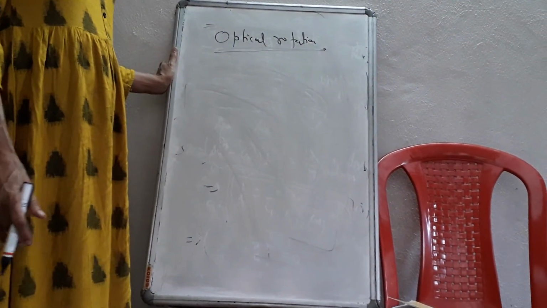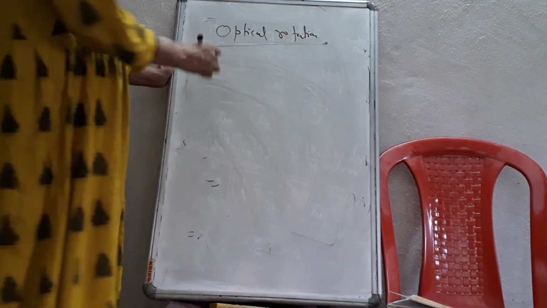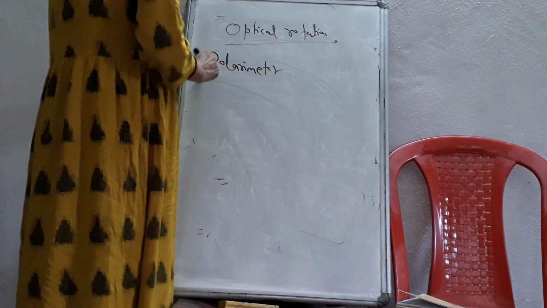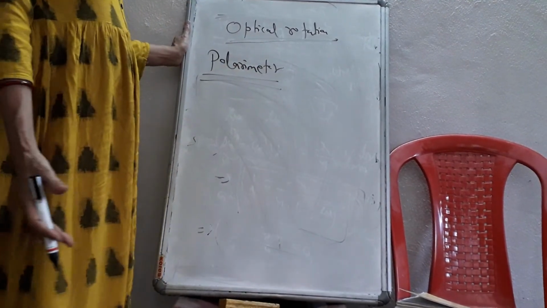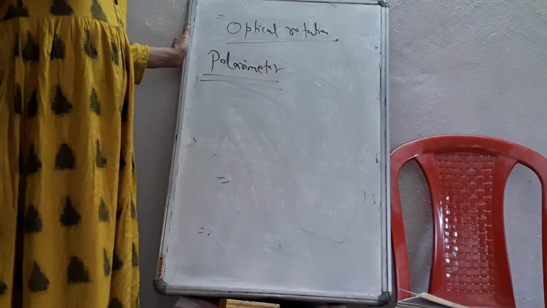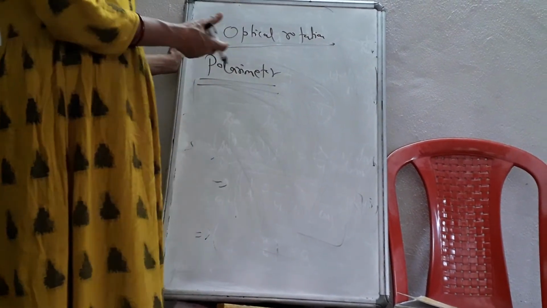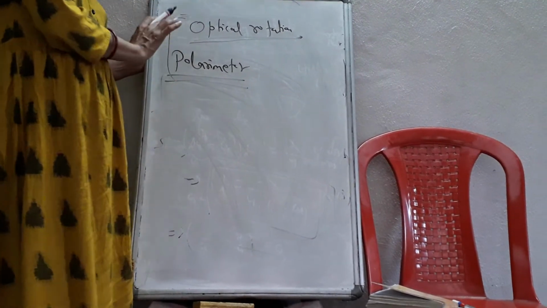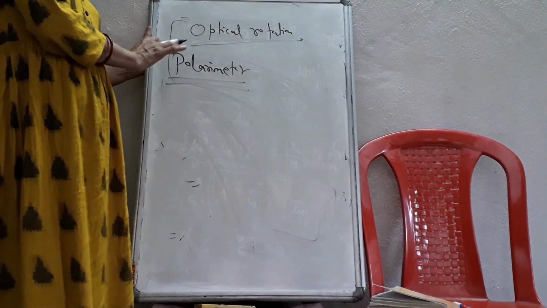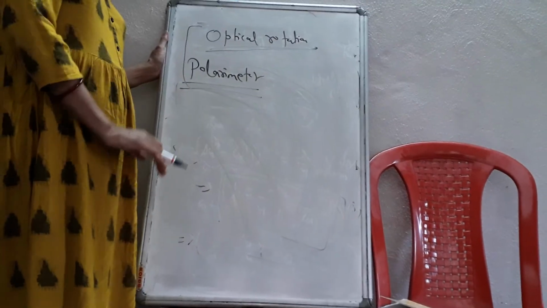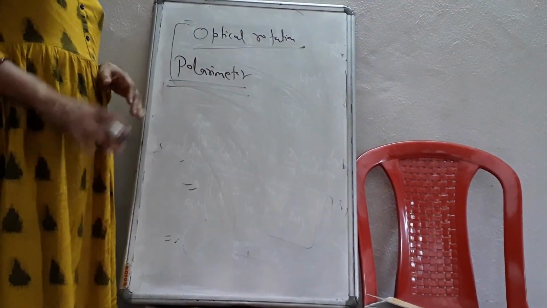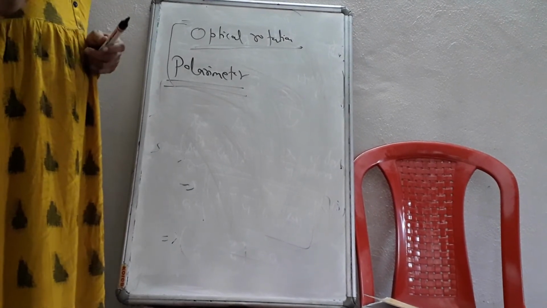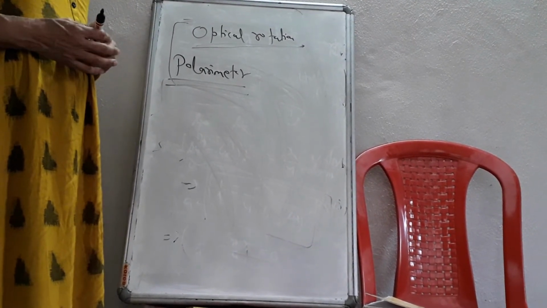That is, what is optical rotation, what is a polarimeter, discuss the principle, working, uses of a polarimeter. That type of question may be asked. Since you have done the practical experiment, you can definitely cover it by your self-study also. But next class I'll discuss this topic in brief. And lastly, one more class I'll take and I'll complete the course. Only the leisure part is there that I'll discuss next class.